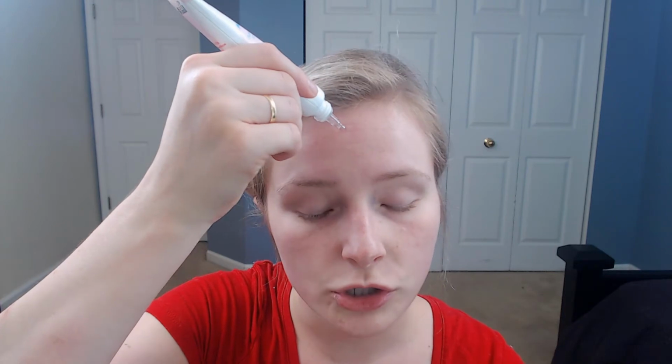So with this product in particular, I will just take it and do like a couple drops. It's pretty runny, and you really don't need a lot of it. It's literally like water consistency. So I'll just let it go on my face and just rub it in. And again, it does take a little bit for it to kind of soak in just because it is so thin,